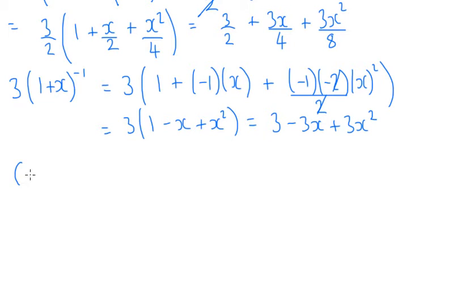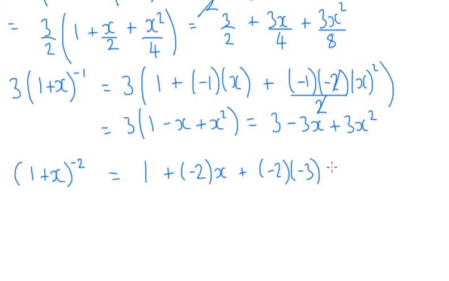So that's the same as 1 plus x to the minus 2, which is going to be 1 plus minus 2 times x plus minus 2 times minus 3 times x squared over 2, which is 1 minus 2x. The minuses are going to cancel, that 2 is going to cancel with that 2, so we'll get plus 3x squared. So if we add all those three things together now,